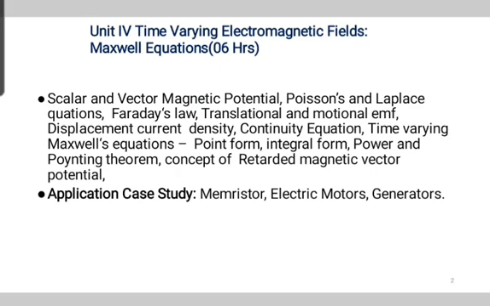Now, Maxwell's equation define, what is Maxwell's equation? We have already studied Maxwell's equation. So Maxwell's equation define the relation between electric and magnetic field. The electric field is produced by changing the magnetic field, and the magnetic field is produced by changing the electric field. Hence there is a close relation between these two fields, that is between the electric and magnetic fields.